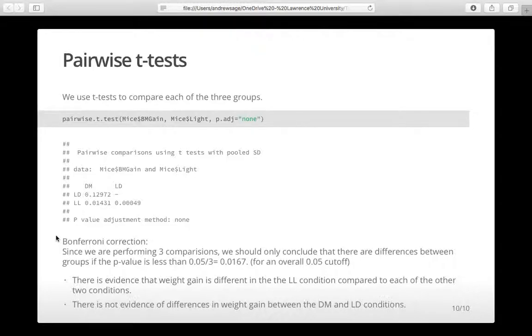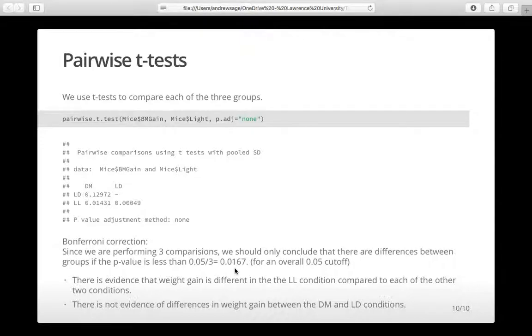Now, before we draw conclusions, we need to think about the fact that we're using three different tests here. And we've talked before about how when you do multiple tests at the same time, sometimes you'll expect some of them to get small p-values just by chance alone. So a correction we can use in this situation is the Bonferroni correction, which says that rather than using 0.05 as a cutoff, divide that by the number of different comparisons we're making. In this case, we're making 3 different comparisons. So let's divide 0.05 by 3,